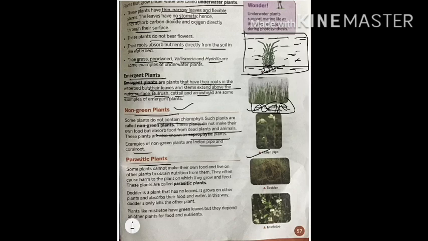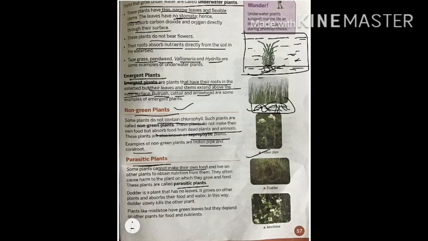The next special type of plants are parasitic plants. Now parasitic plants, as the name indicates, are parasites, which means they feed on other plants and depend on other plants for their food, but not the dead ones. For the living plants, they absorb their nutrition and are harmful for the other plants. That's why they are called parasitic plants.